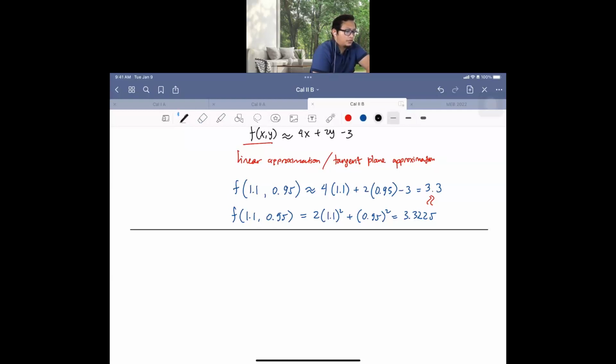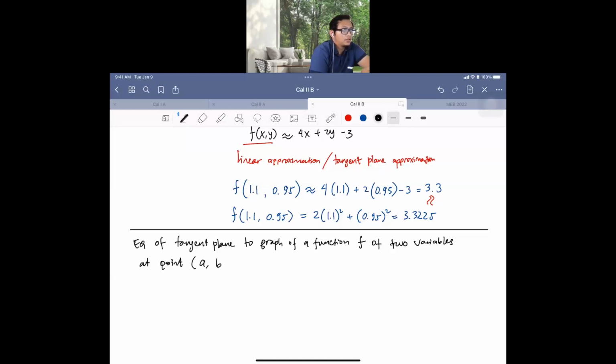Equation of the tangent plane to the graph of a function f of two variables at point (a, b, f(a, b)) is